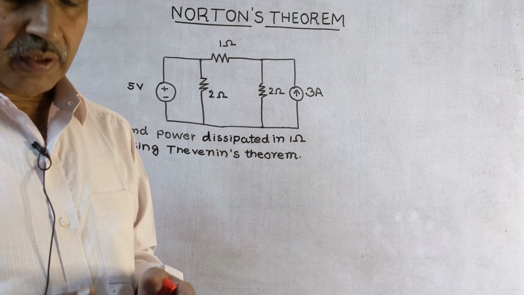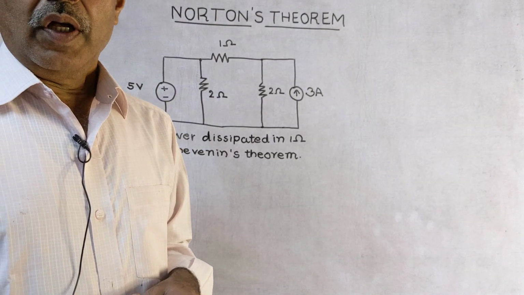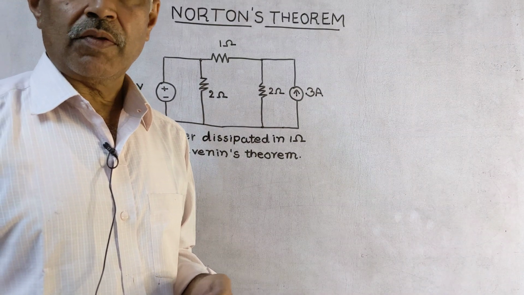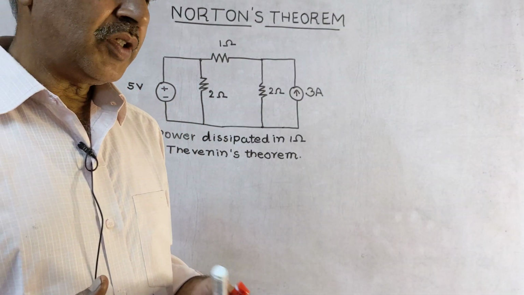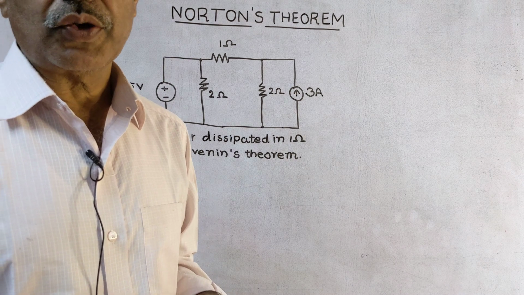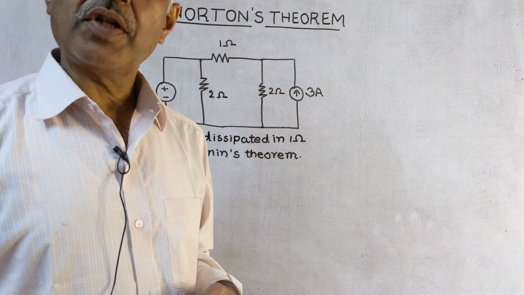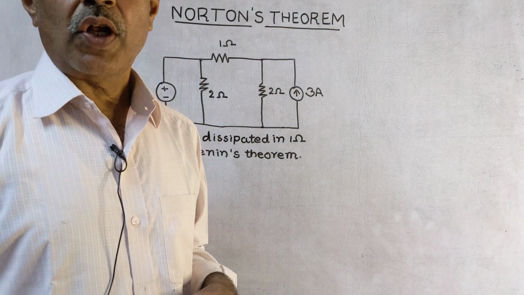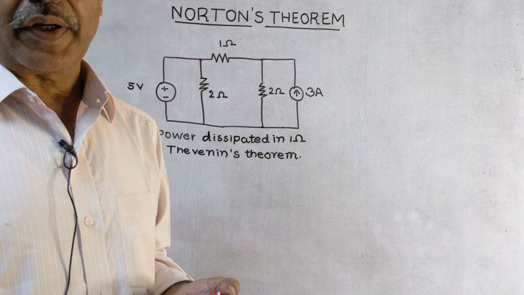In the last class, I went through Thevenin theorem, and now the corollary of the Thevenin theorem is what is known as Norton's theorem. Norton's theorem procedure is very important because if the network is going to have dependent source, then along with the Thevenin theorem, you are supposed to use Norton theorem also to find the Thevenin equivalent. Therefore, the knowledge of Thevenin Norton's theorem is also very important.